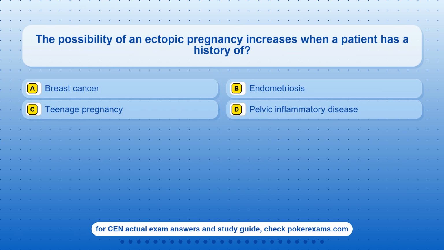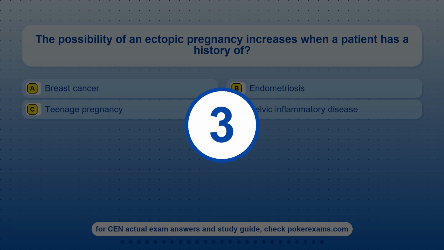Question 23. The possibility of an ectopic pregnancy increases when a patient has a history of? Option A, breast cancer. Option B, endometriosis. Option C, teenage pregnancy. Option D, pelvic inflammatory disease. The correct answer is option D,